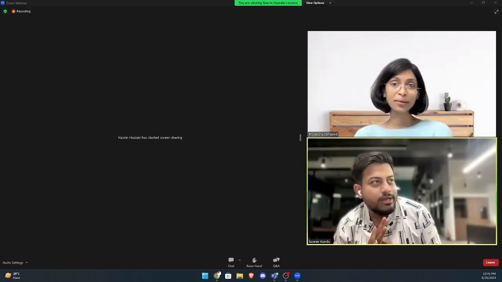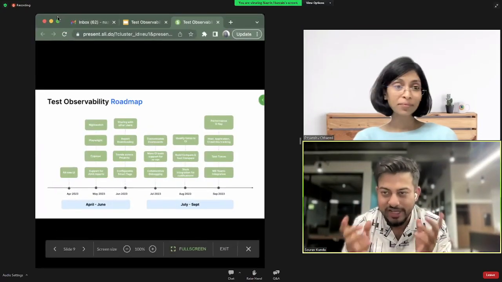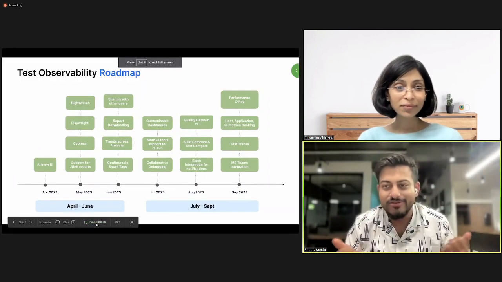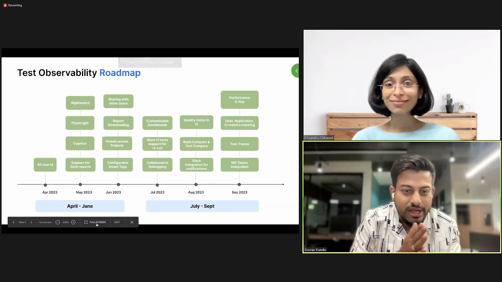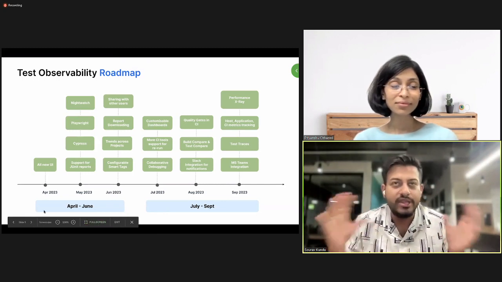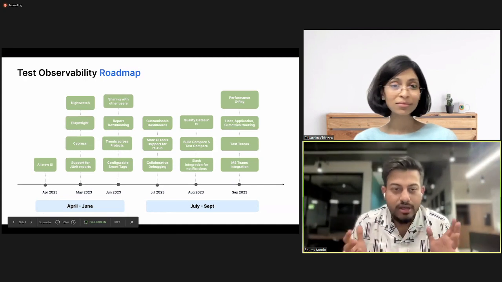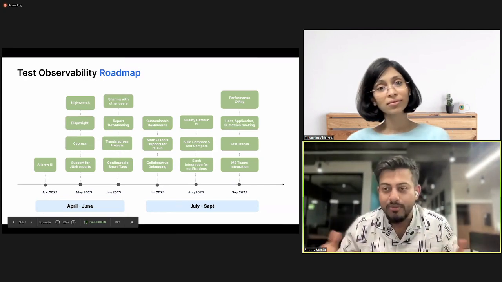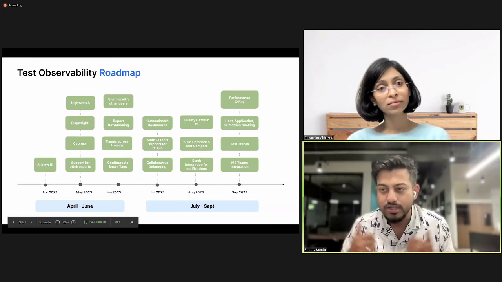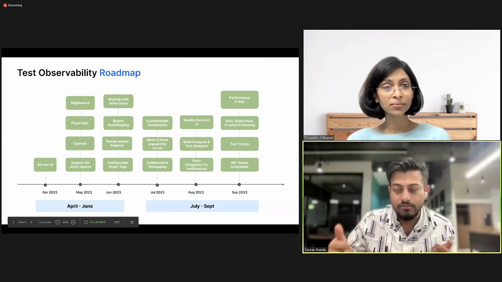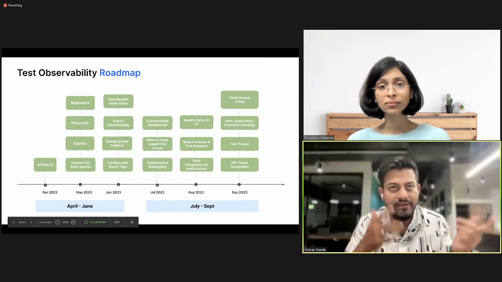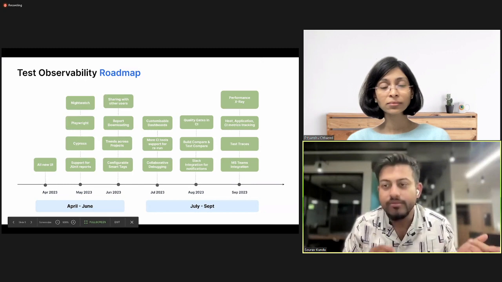Right. So that brings me to the roadmap. We have the roadmap on the screen. Nice, thanks. For the last couple of months, we have been focusing on revamping the UI and the experience. Now we're getting started with building support for more and more test automation frameworks. We are launching Cypress, Playwright, Nightwatch, and you can also upload JUnit reports. If you're generating JUnit reports, you can just upload them and have pretty much all of observability.